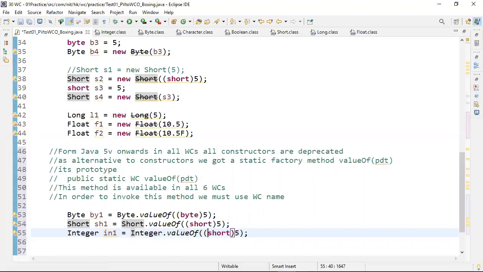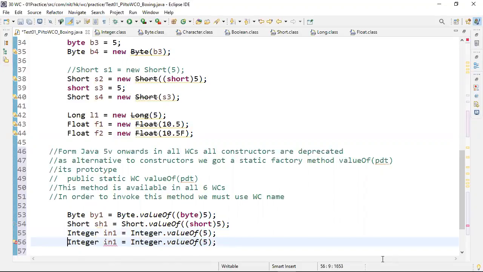Integer.valueOf, no need to use any cast, directly 5. Next, after Integer, Long l1 equal to Long.valueOf, you can write 5 or you can write 5L, your wish. Both are accepted.